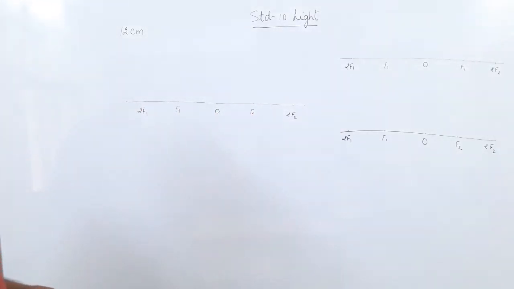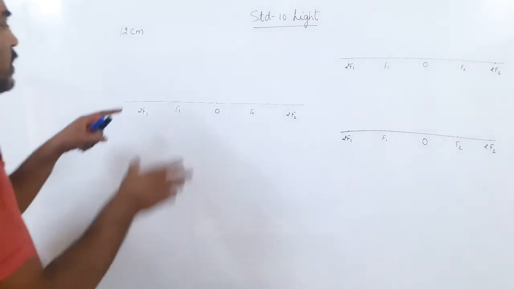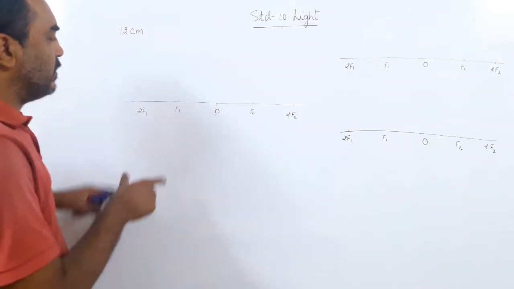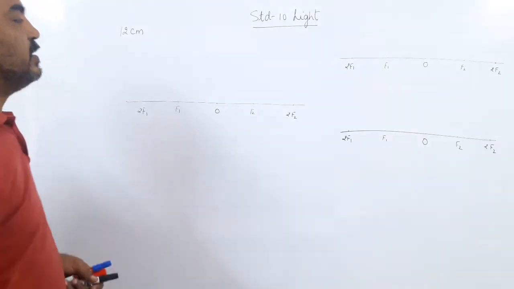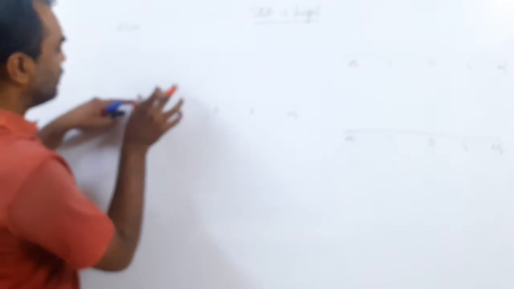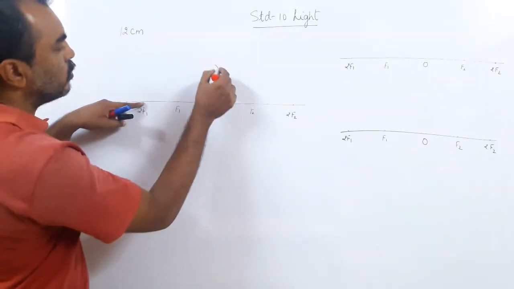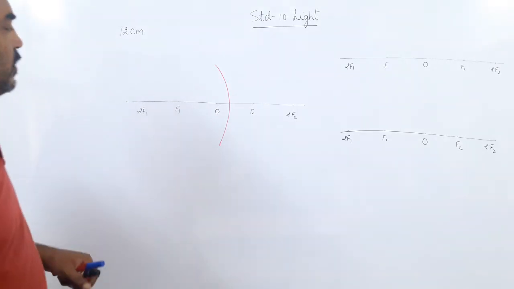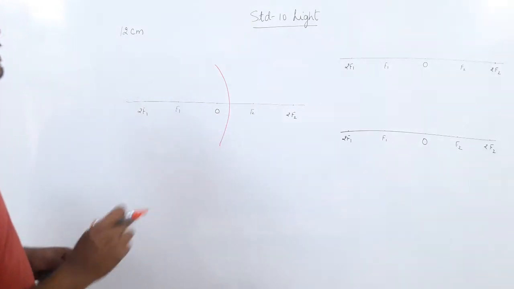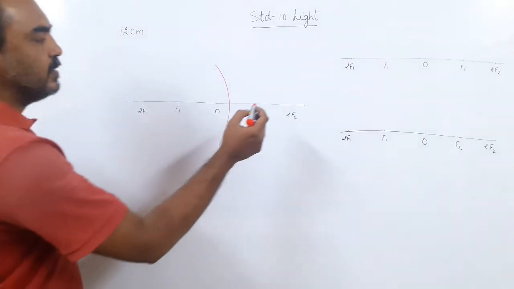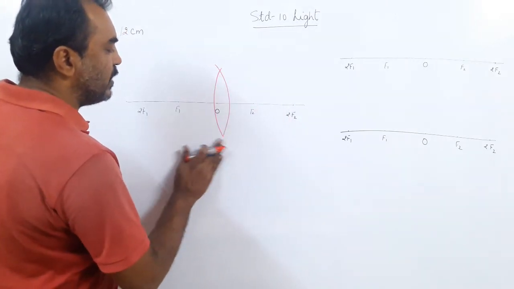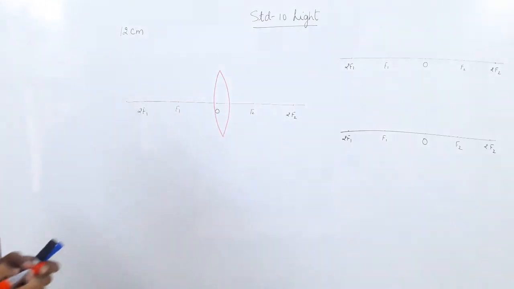Okay, I did it. Now we want to draw the convex lens. Now with the help of a compass, but don't take the radius to be 6 centimeter. This is only 6. Take it a little bigger than 6, let us say 6.5. So taking the radius 6.5 and this as the center 2F2, draw a curve, okay? If you take 6, you will pass through O. So don't take 6. Because you have taken this 6, take a little more than 6, say 6.5 or 7 and draw a line. Same way from here, taking 6.5 or 7, draw an arc and then rub off the extra part. So you get your convex lens.